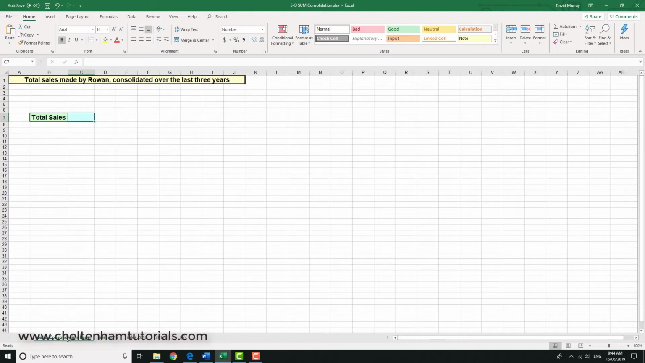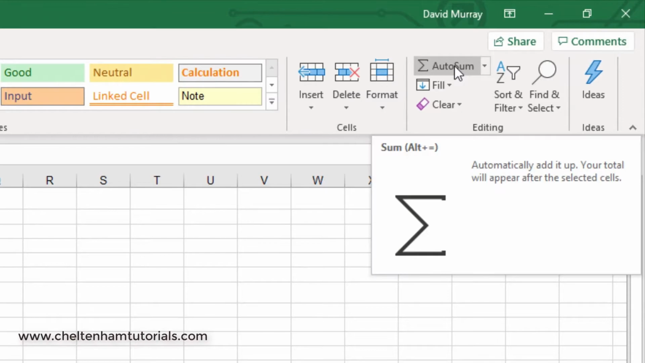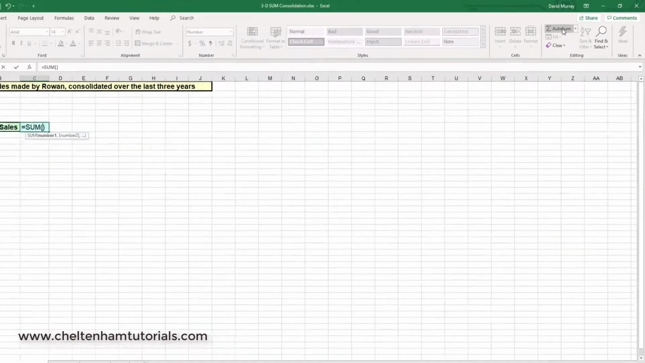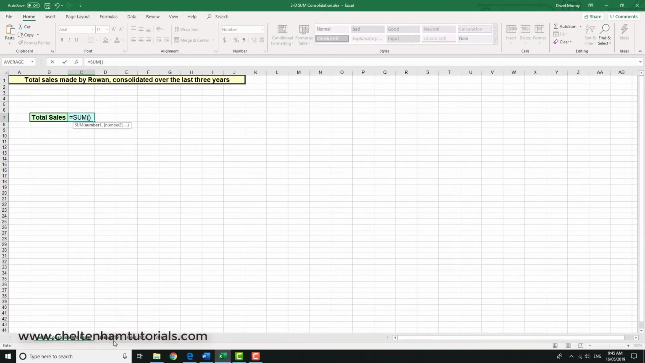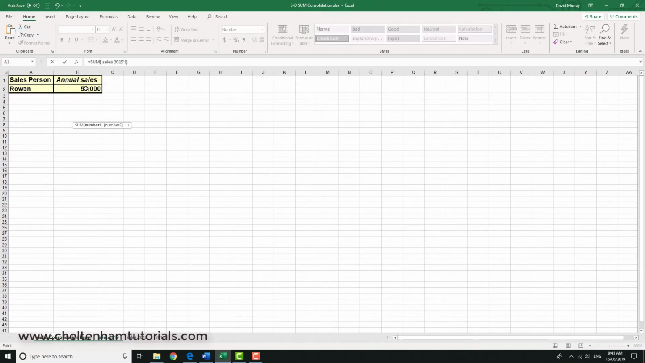So if I come to the first page here and click in this cell, what I'm going to do now is consolidate the data on the other worksheets. The first thing I do, in this case I want to sum them up, is click on the auto sum. Then I click on the second tab, which is sales for 2019, and click here in cell B2,